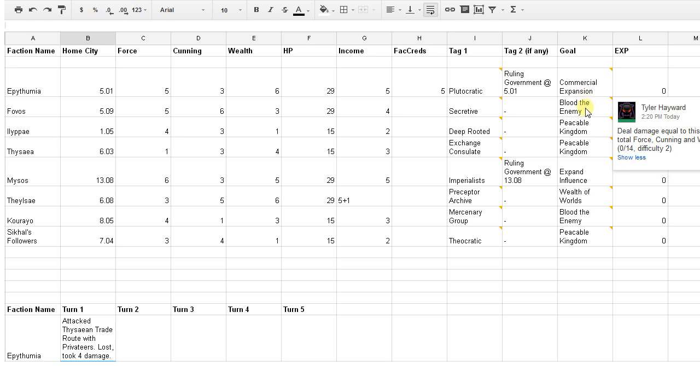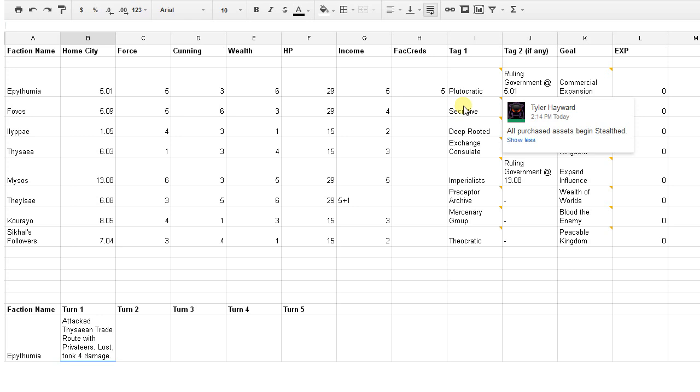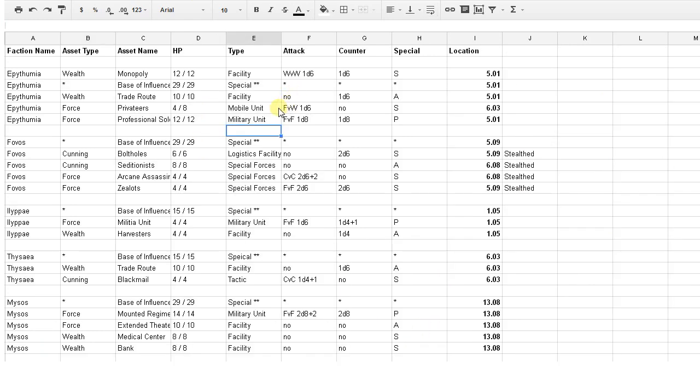Their goal is to blood the enemy, deal damage equal to this faction's total force, cunning, and wealth. And they are secretive, so all their assets begin stealthed. What do they have? They're at 509, but they have Seditionists and Arcane Assassins in 608. And 608 is...